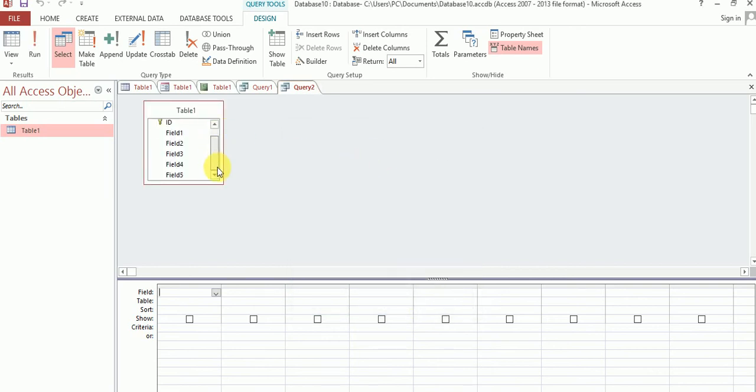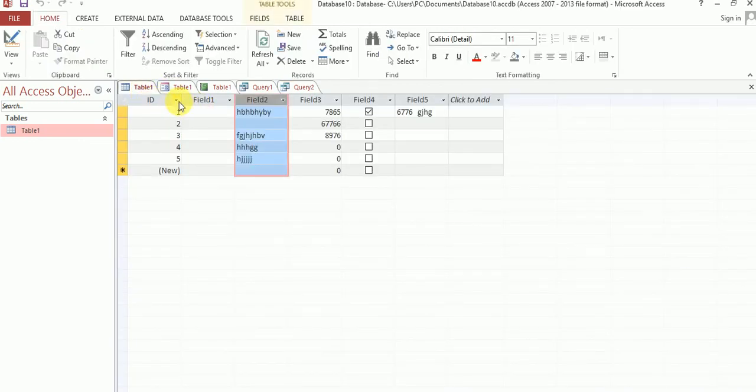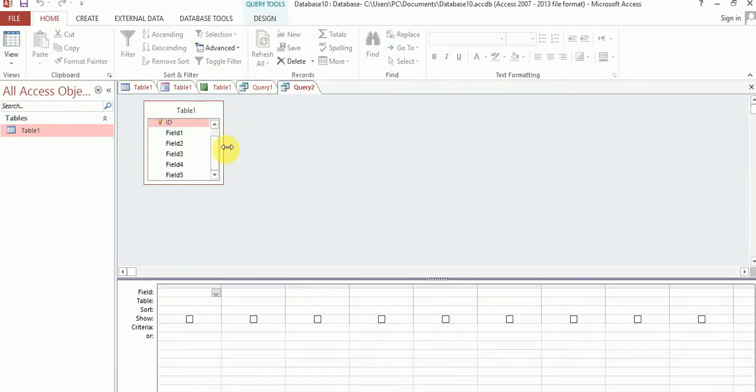Okay, you can see field 4, field 3, field 4, field 5. Only show column 1 field. Okay, row number 1 actually. This one row, okay, row 1 ID, field 2, field 3, field 4, field 5. So when you insert a query, you can show only query column 1, row 1.